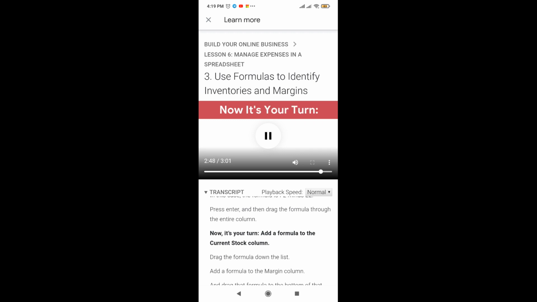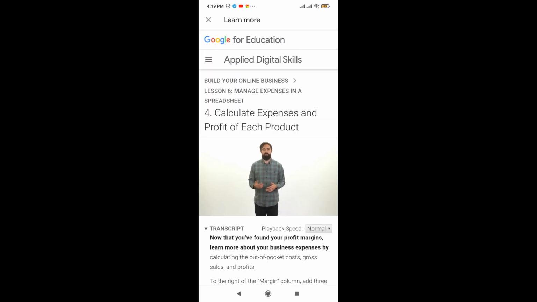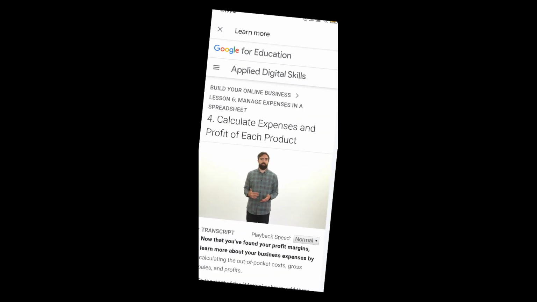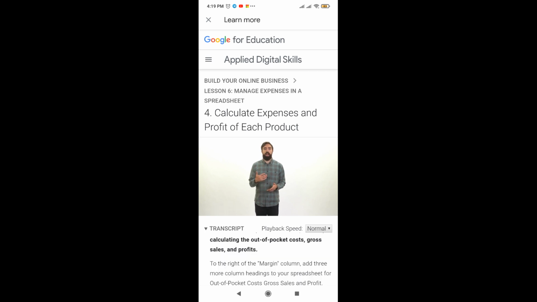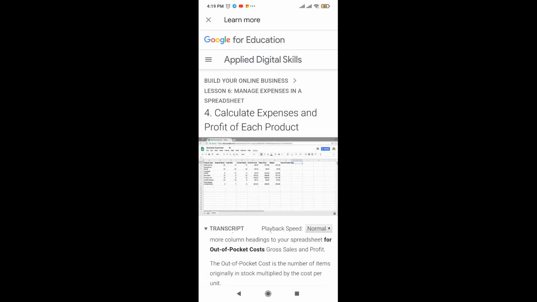Now, it's your turn. Add a formula to the current stock column and drag the formula down the list. Then, add a formula to the margin column and drag that formula to the bottom of that list. Now that you've found your profit margins, learn more about your business expenses by calculating the out-of-pocket costs, gross sales, and profits. To the right of the margin column, add 3 more column headings to your spreadsheet for out-of-pocket cost,